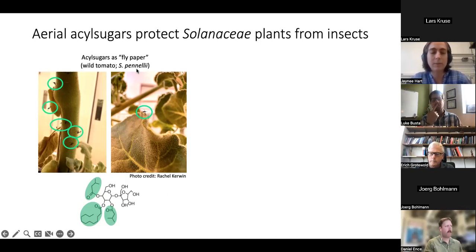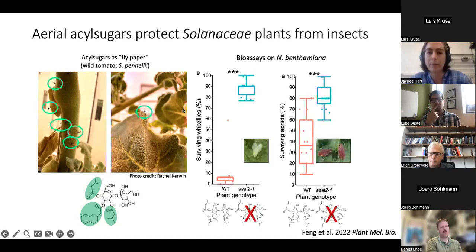And it's not just tomato and tomato relatives that have this ability. We also have different Solanaceae species, such as tobacco here. When you have a tobacco plant that is not able to accumulate acyl sugars, you can see that the number of whiteflies and aphids that survive on those plants without the acyl sugars is much higher than normal plants that accumulate acyl sugars normally. So this arsenal is really important for plant health and survival in situations where insects are